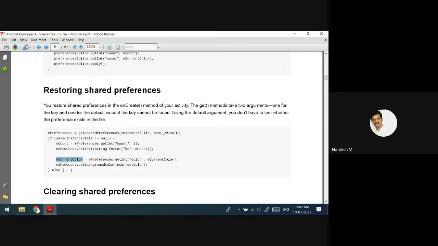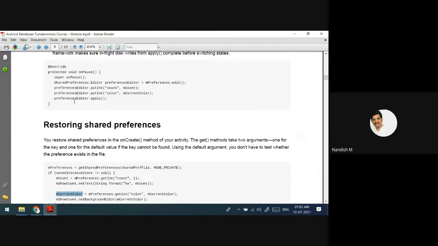This is how we are going to use this shared preference. It is like a small storage. You can assume it as an array. If you know, in the C language there is a terminology called arrays. It is like that, but there you cannot store it as a key value pair. You cannot map, but here you can store. See, we have stored two things. One is count, another one is color.